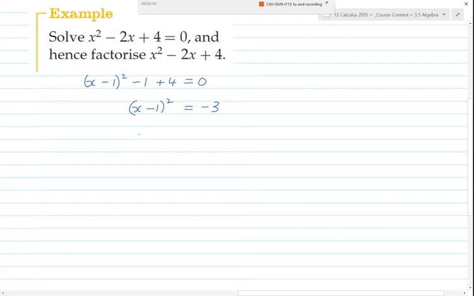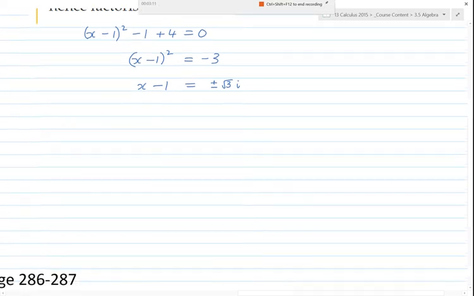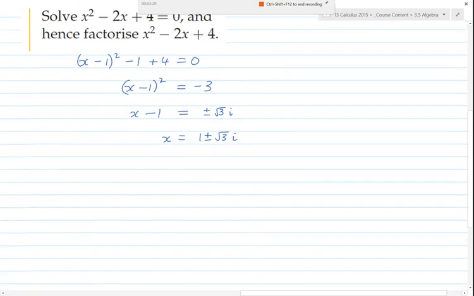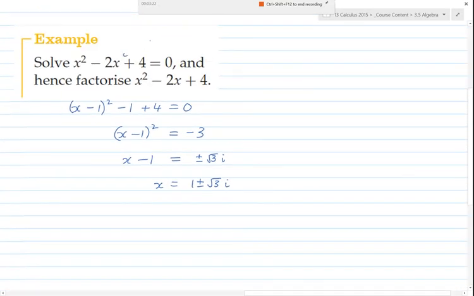And we can square root both sides, so we get x minus 1 equals plus or minus root 3 i, and that i is outside of the square root. And then we can add 1 to both sides, so we can say that x equals 1 plus or minus root 3 i. Now we've solved it, which is the first part of the question, but now we need to factorize, and what we really need to remember is that whenever we factorize quadratics in the past,